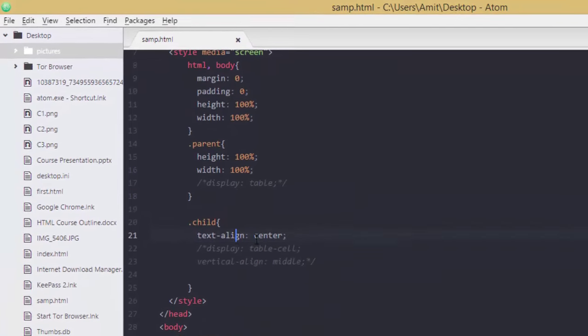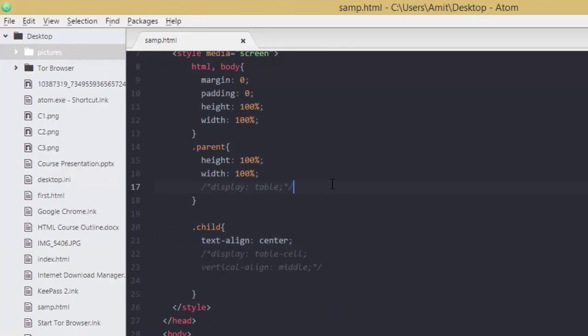You can see that now it's only horizontally centered due to this text align center property. Now let's go ahead, and this time we're gonna learn how to absolutely position our elements inside a parent element. So first of all, we want our parent element to be positioned as relative.